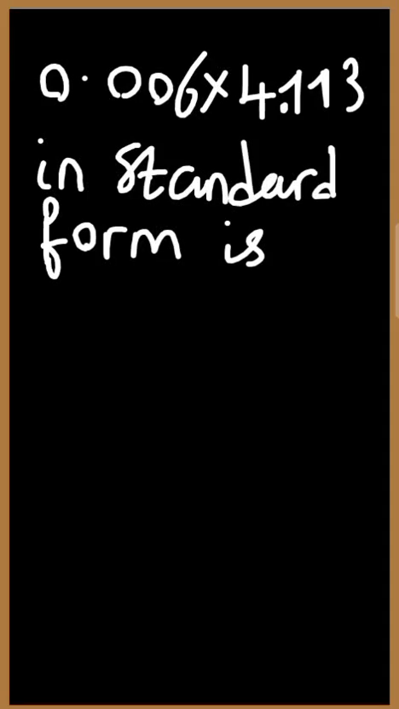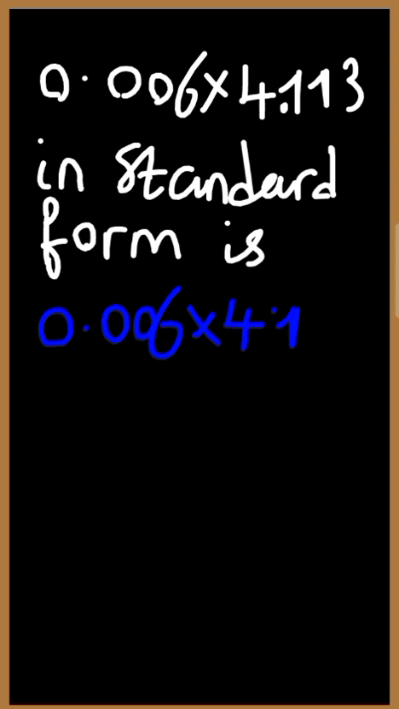0.006 times 4.113 in standard form is, we have 0.006 times 4.113. This will simply be equal to, performing this multiplication by making use of a calculator, it simply gives us